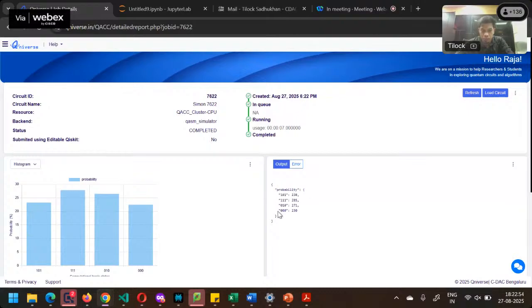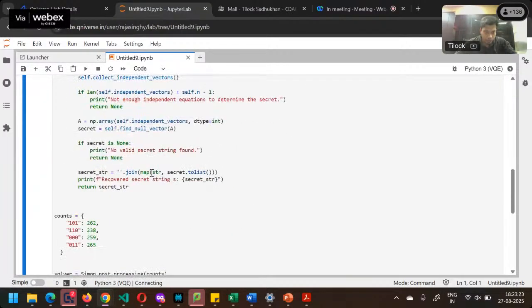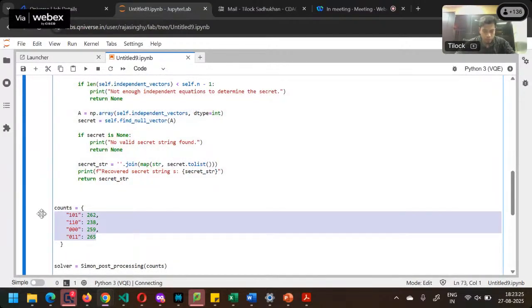Now there is a post-processing part involved, as I described: to get the hidden bit string, we have to solve the homogeneous system W dot S equals 0. These are the possible values of W. Now if we take these values and go into our post processing part, which is to solve that homogeneous system, this is our post processing part. And if we take the counts here,